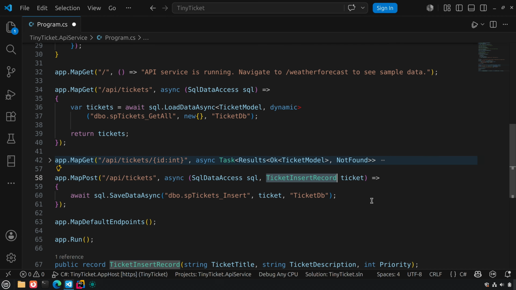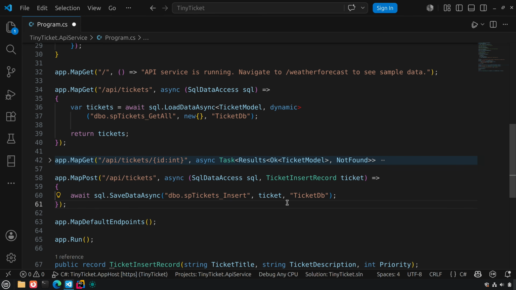Now, this insert command could be done right now, and I believe it returns a 200 saying it's done or okay, but I don't really love that, because are we expecting data back or not? This does depend on your API. Typically what I'd probably do is modify my stored procedure to get back either the whole record or at least the ID of the record that was just created, and send that back and say, hey, here's the ID that was just created, and here is the path to look that ID up,